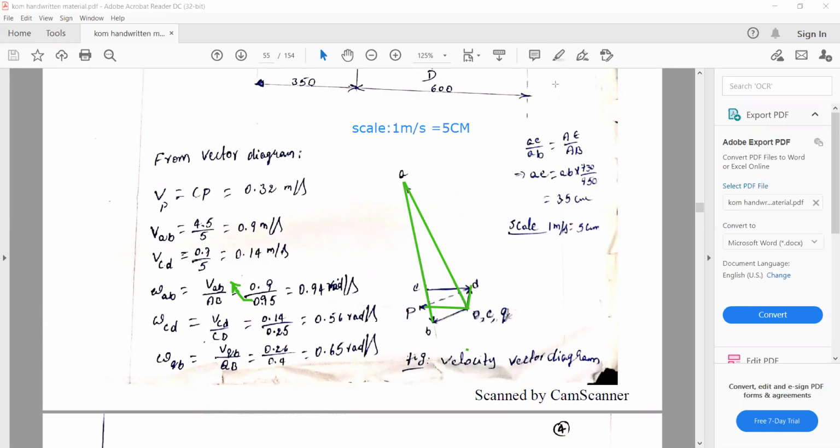And now QB. We don't know B, but Q is fixed, so this place is already there. For the QB link, again you have to take the QB perpendicularity. That QB perpendicularity is this one. It is where the QB perpendicularity and AB intersect. Both are intersecting at a place, so then we have to identify the B.